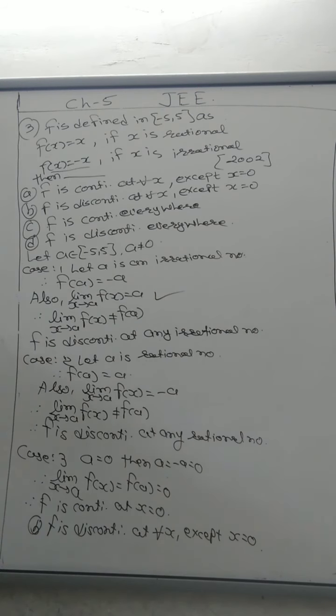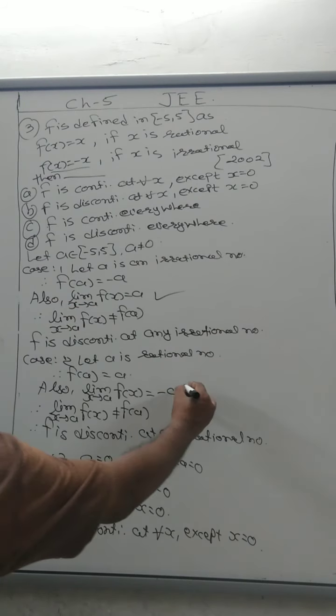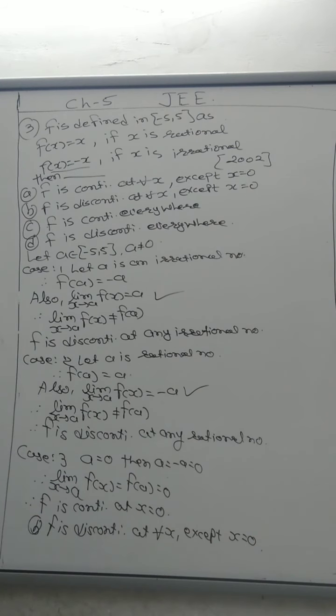One thing you remember: in an immediate neighborhood of an irrational number, we find a rational number. Means here, when we want to find the rational number, it is in the neighborhood of an irrational number. Now what is neighborhood? It is too much long, so directly we can find this thing. Same way here also we get the same answer: in the neighborhood of a rational number we get an irrational number.